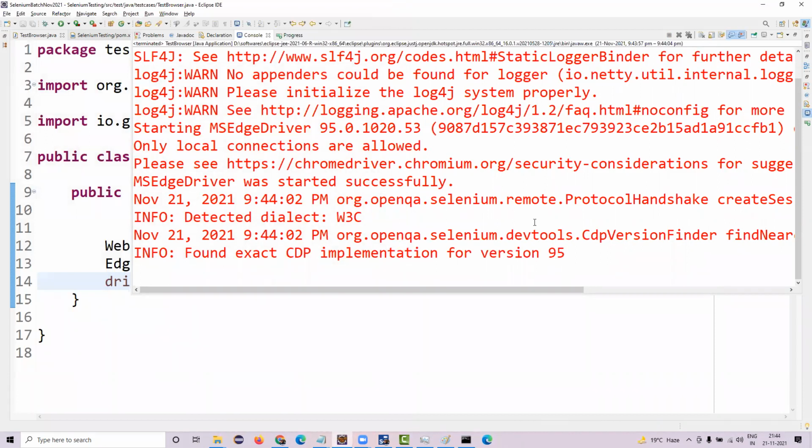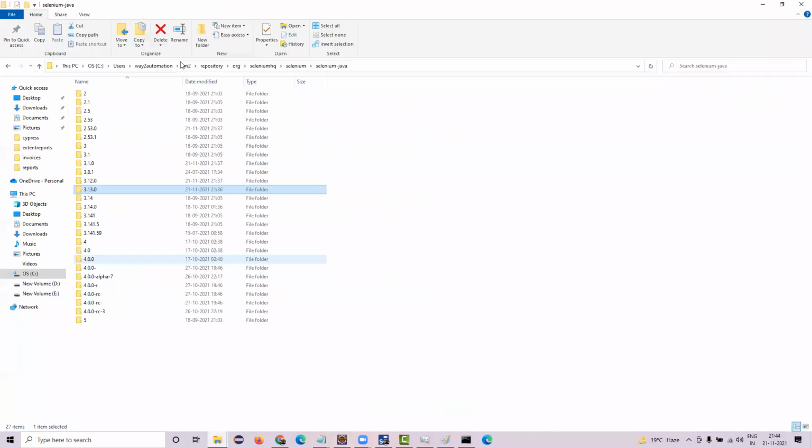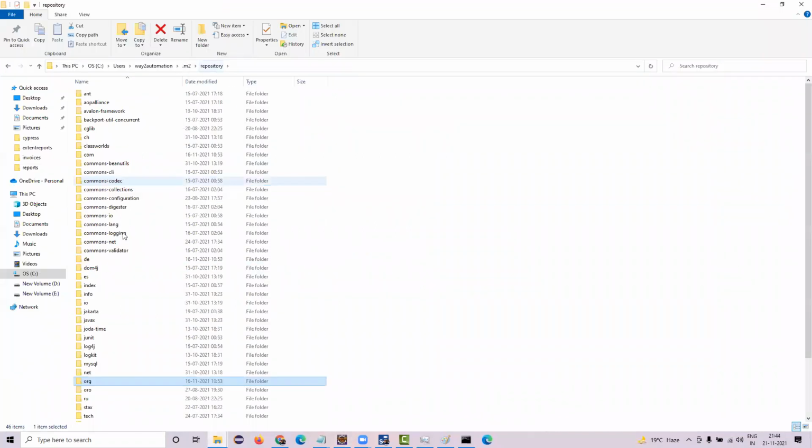Right? But yes, the executable files are getting downloaded, right? It's not like there is no need for that executable file now. The executable file is getting downloaded to your Maven local repository. Automatically, this library is downloading it and mapping it to your project. If you want to see where it is getting downloaded, you need to go to the same M2 repository, and